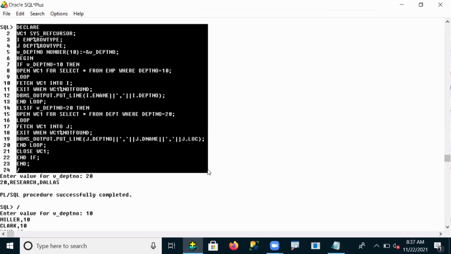Anonymous blocks and sub blocks. Anonymous blocks, what we said: unnamed blocks, code is not saved, consumed every time, temporary blocks. These are only for testing purposes, program coding level testing only. But sub blocks are quite the opposite. Do you all remember that we discussed this in the early classes?